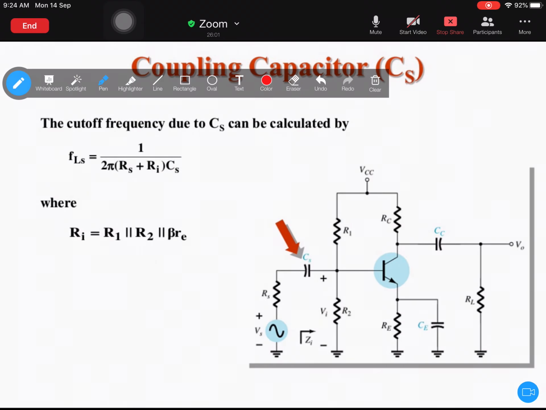And here remember Ri is nothing but this voltage divider circuit. In the voltage divider circuit I told you how to calculate Ri using Thevenin's theorem. Go to the video where I explained voltage divider bias in stabilization techniques of BJT. In that I explained how to convert these two resistors into a single resistance, which is Ri, using Thevenin's theorem, and that formula is given by this one. Ri is equal to R1 in parallel with R2 in parallel with beta Re. Remember that. Here this Re is actually capital Re, not small re.